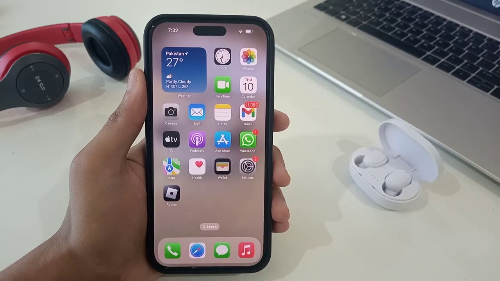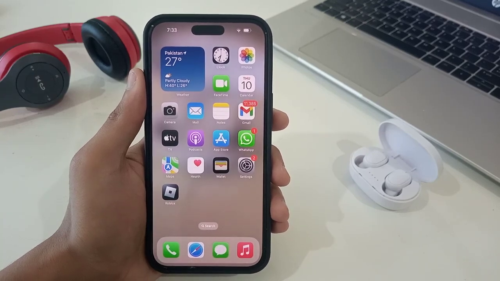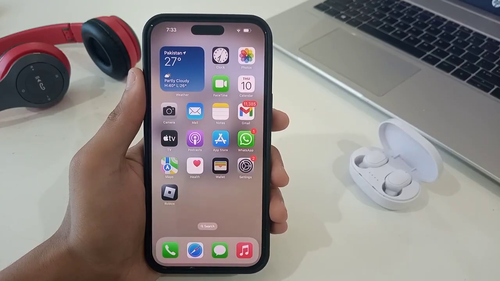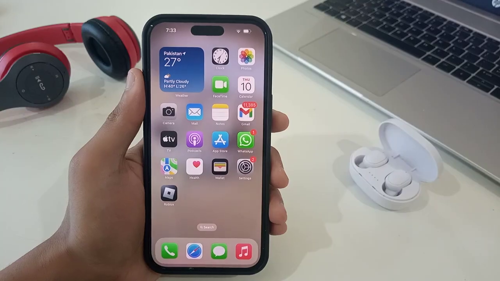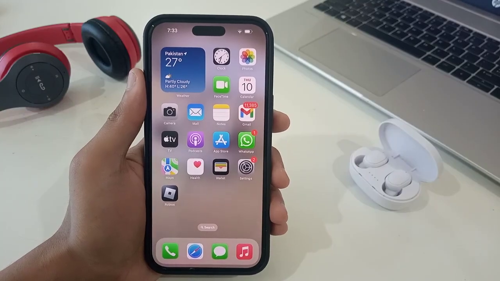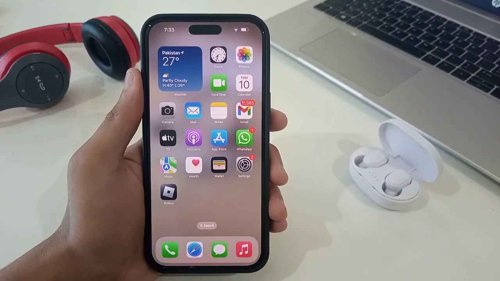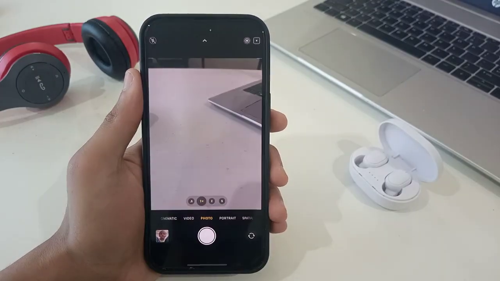Hello everyone, welcome back to the channel. Today we are going to discuss how you can adjust your camera modes, like if you're going to record in 4K resolution or HD resolution, or in 30 fps, 60 fps, or 120 fps. So in my case I have an iPhone 16 Pro Max, so let's go to the camera,